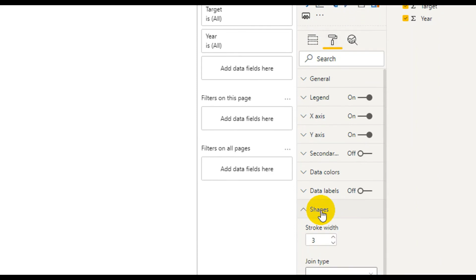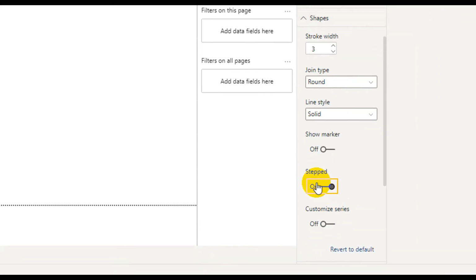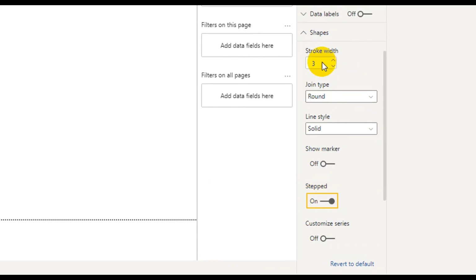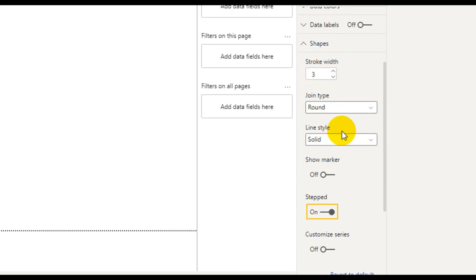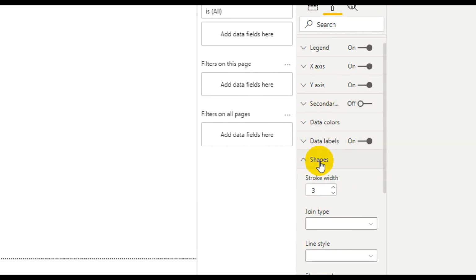There I'll be going to shapes and select stepped on, so that there will be a stepped way. I can add data labels so that the data labels are on.